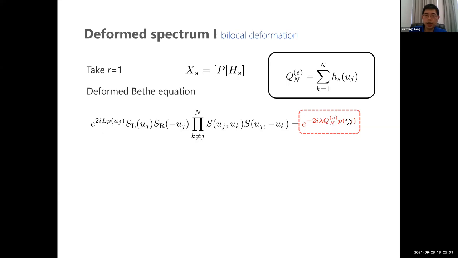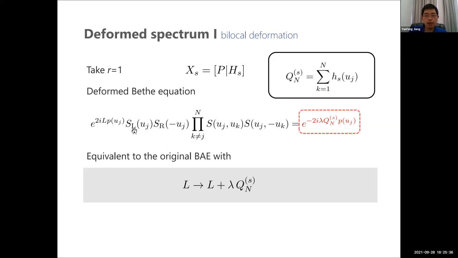L. So we can bring this back to the left-hand side, and then we can write this equation in the same form as the original Bethe-Ansatz equation, but just modify the length. We modify this length to be L plus λQ_n, by the amount of conserved charge. So we have seen this modification of the length in the bulk case, in the TTbar deformation. That is from solving the Burgers equation, where the radius also changes.